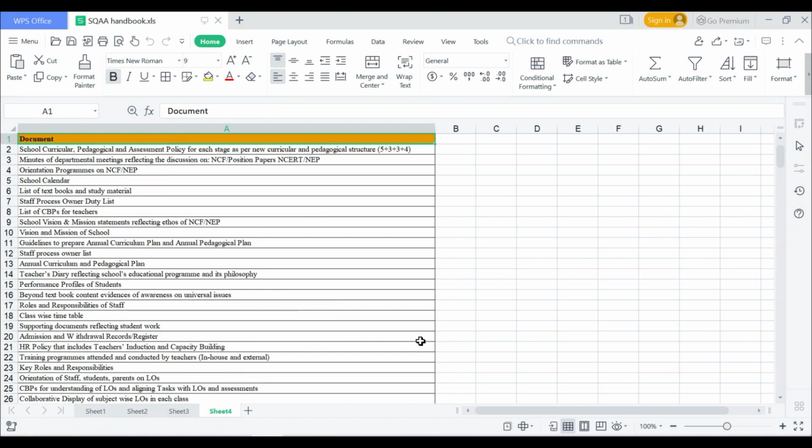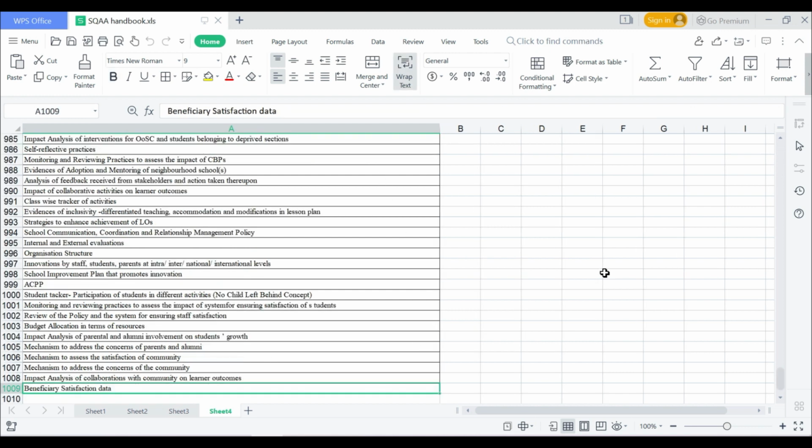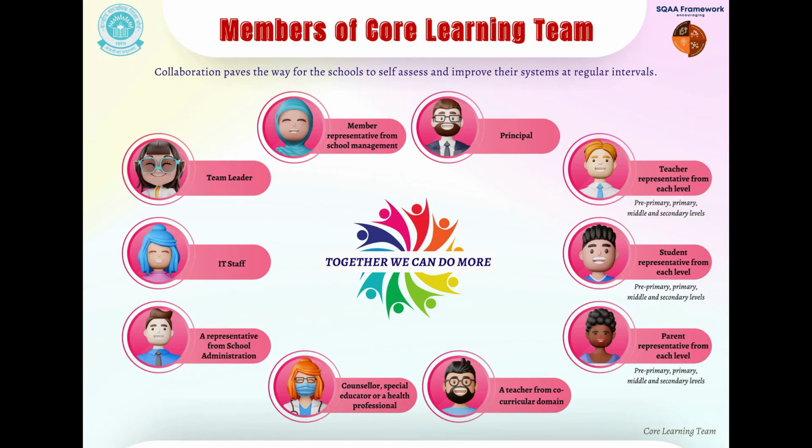The staff in a school will find it difficult to understand too many systems and too many documents. CBSE allows schools to show one document as evidence for different school activities. SQAAF Portal suggests a measure to handle this. Each school is expected to form a core team. The structure is shown in this image. The core team must be equipped with the knowledge of SQAAF and work collaboratively under a team leader. The entire team must be guided and supported by the management and principal.